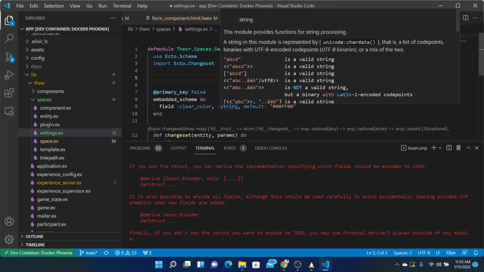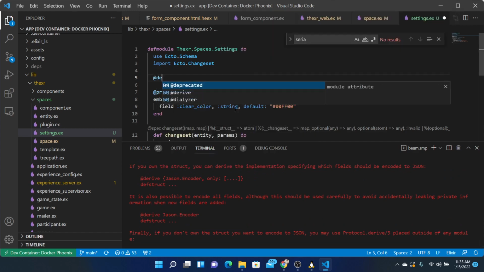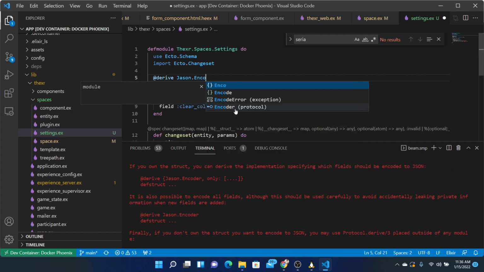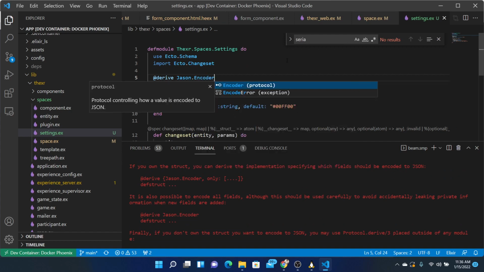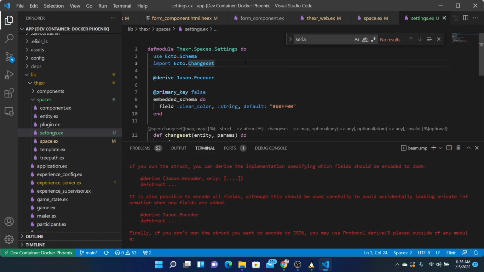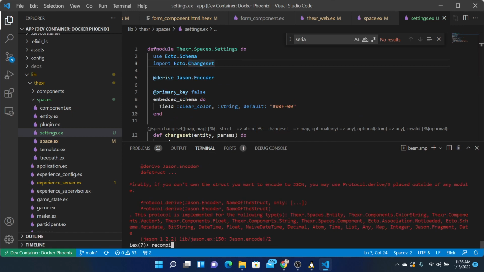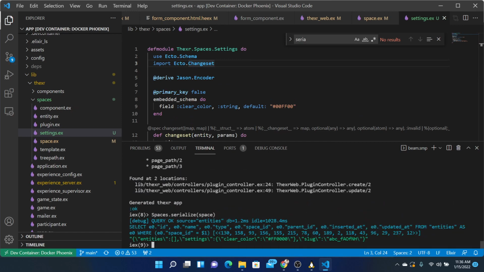Derive JSON encoder. So derive JSON encoder. And settings, clear color, very cool. With this there,